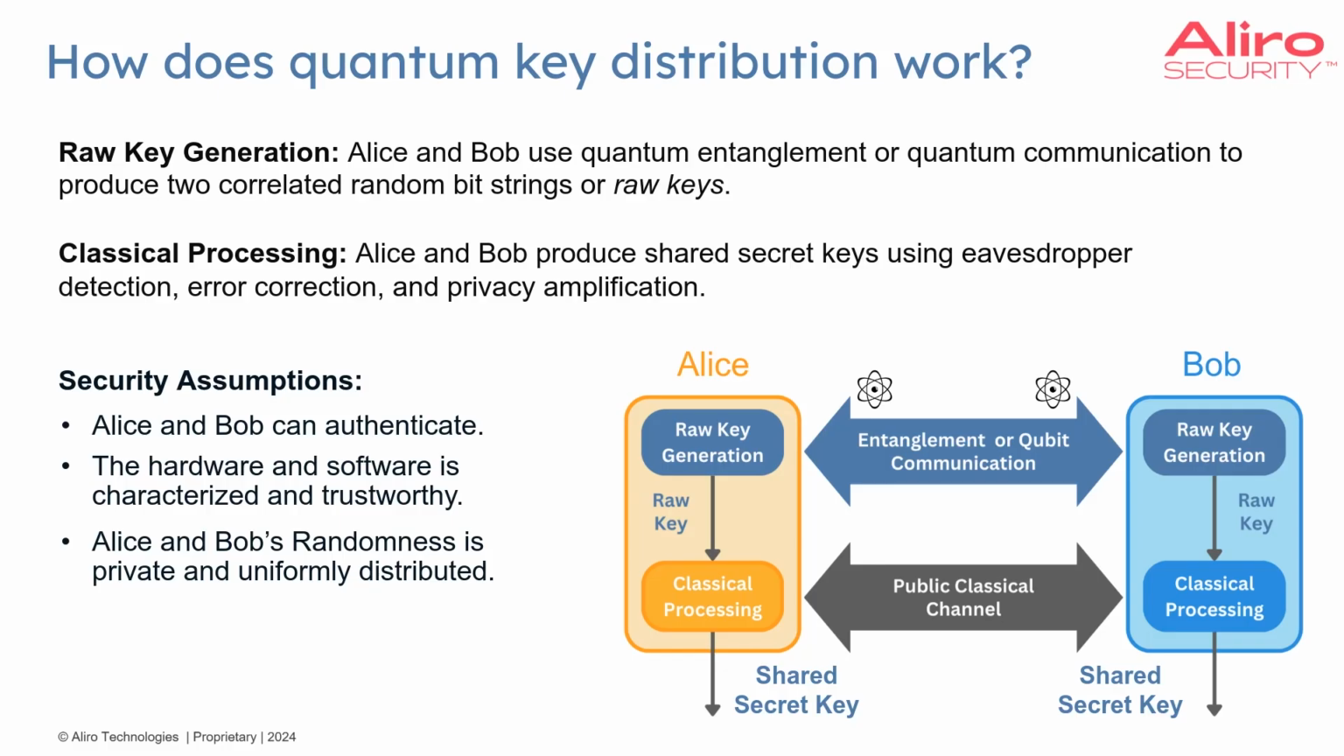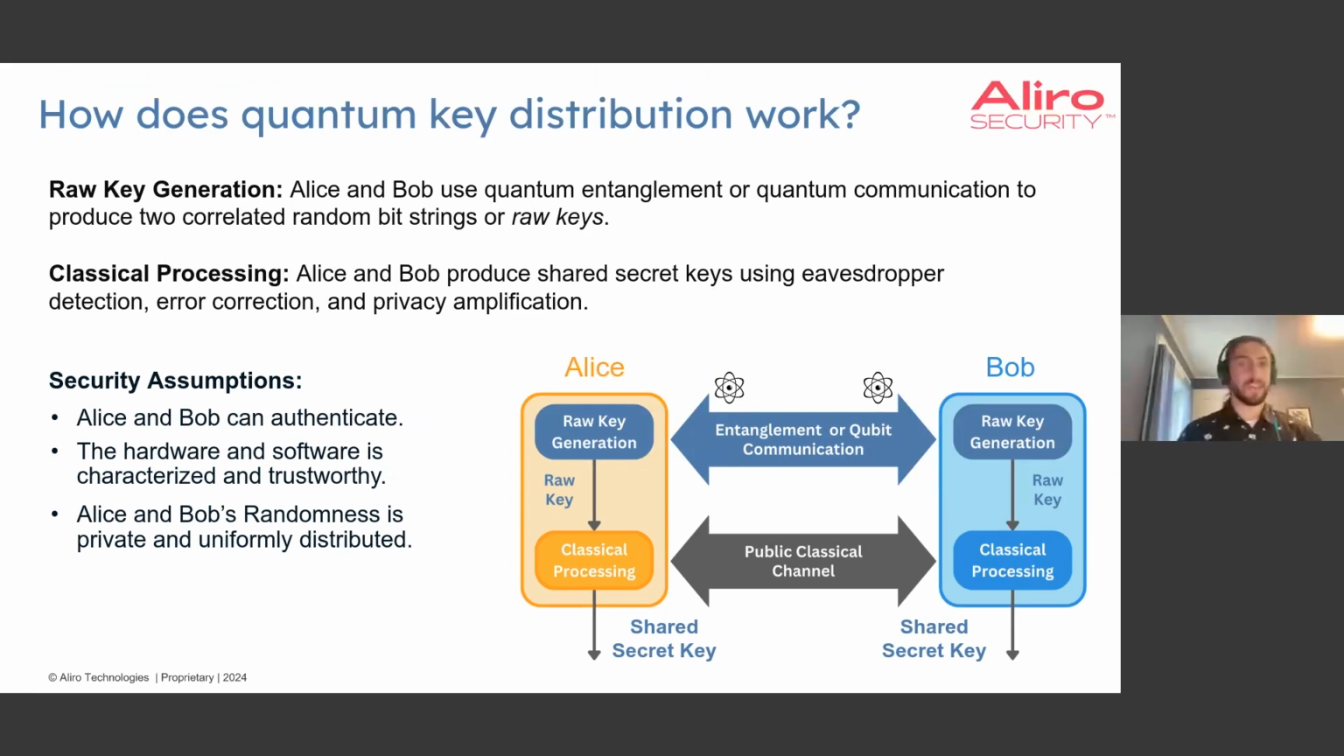Now, how does this all work? Key distribution is kind of a two-step process. The first step is to generate a raw key that has correlation between Alice and Bob. This is where the quantum physics comes in. Alice and Bob can either use quantum entanglement or quantum communication to produce these correlated random bit strings or raw